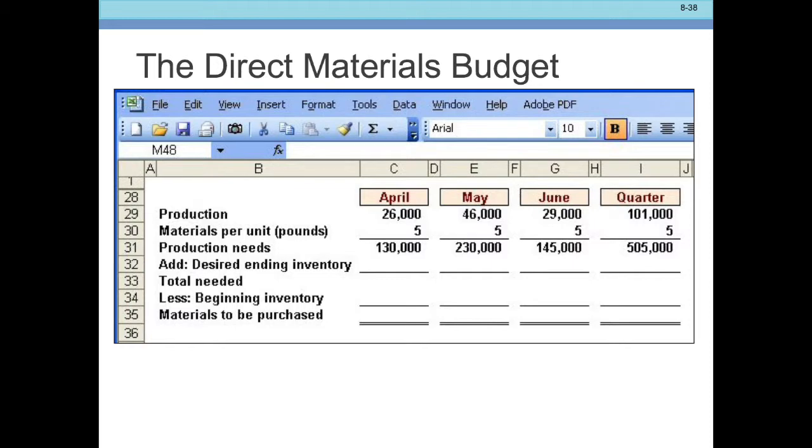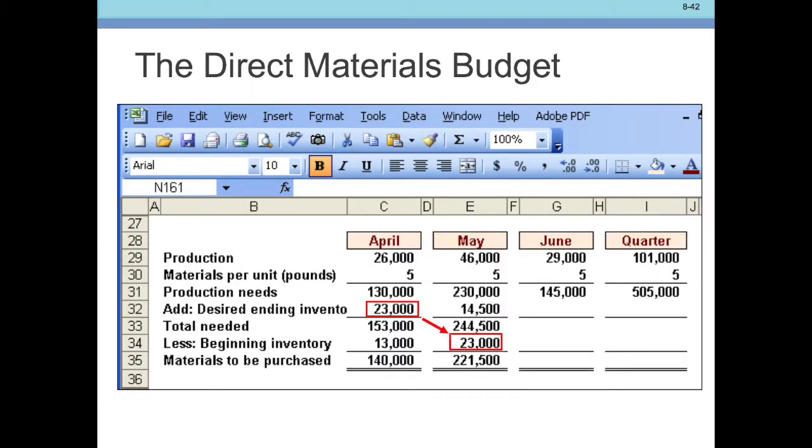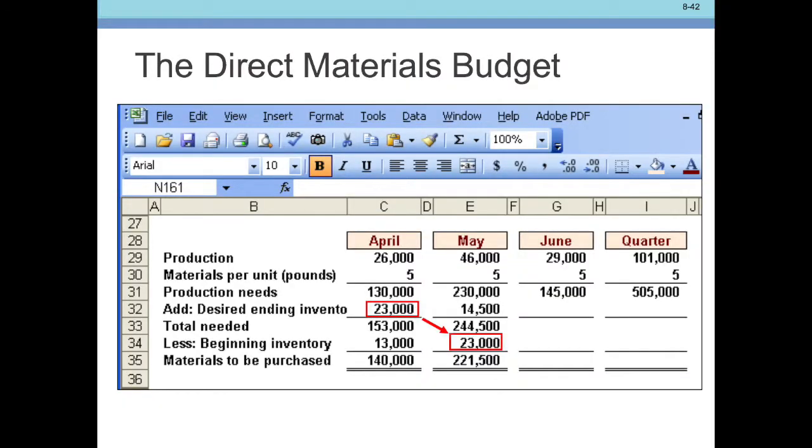Now, how about our desired ending inventory? If we look at our desired ending inventory, it's 10% of the following month's production needs. So the following month's production needs, if we calculate them correctly, 46,000 times 5 is 230,000. 10% of that is 23,000. So we need 23,000 pounds of material for April to be left over. So again, we take production needs in April of 130,000 plus the 23,000 we need to be left over. We need to produce or have 153,000